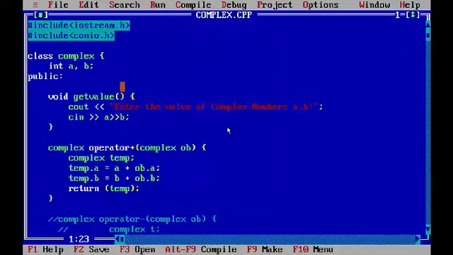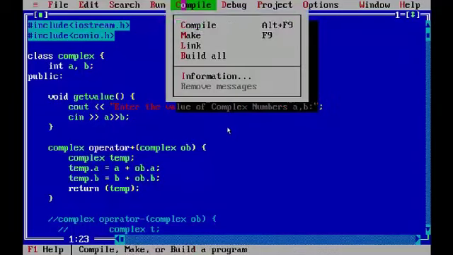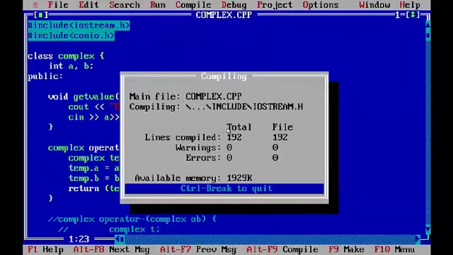To compile the program, click on the compiler menu or press Alt F9. My code is successfully compiled. Then I am going to run the program.